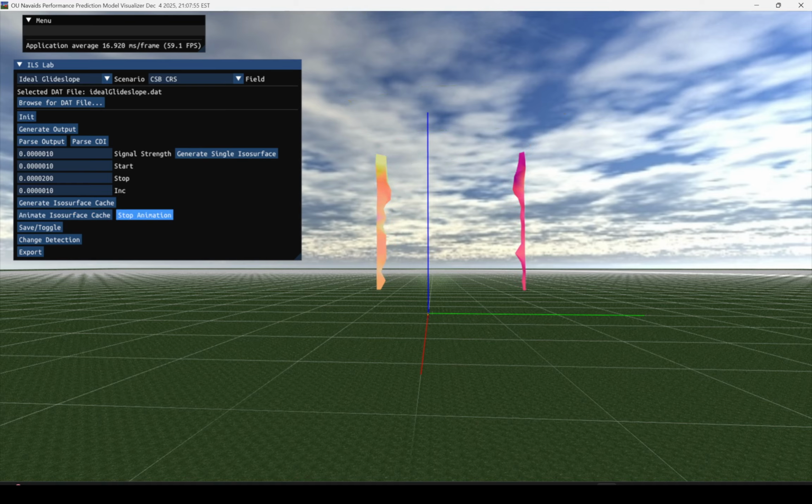and there is a button to stop the animation, and the save toggle button swaps between the current isosurface and the previously saved one. This is useful to compare. Save and change detection compares the most recent datasets and updates the iso values to the average signal strength of the selected component. And then there is an export button, which writes the current isosurface to a text file. It generates mesh indices and a vertex list, and